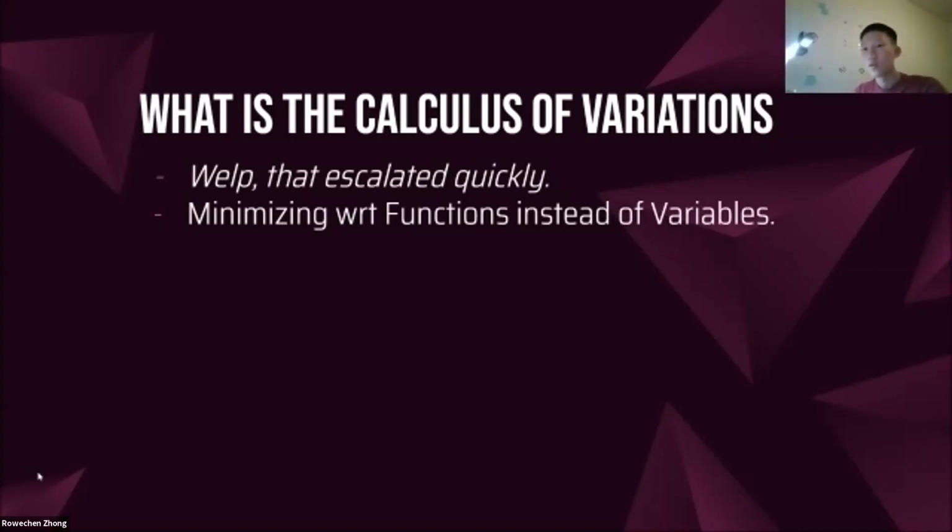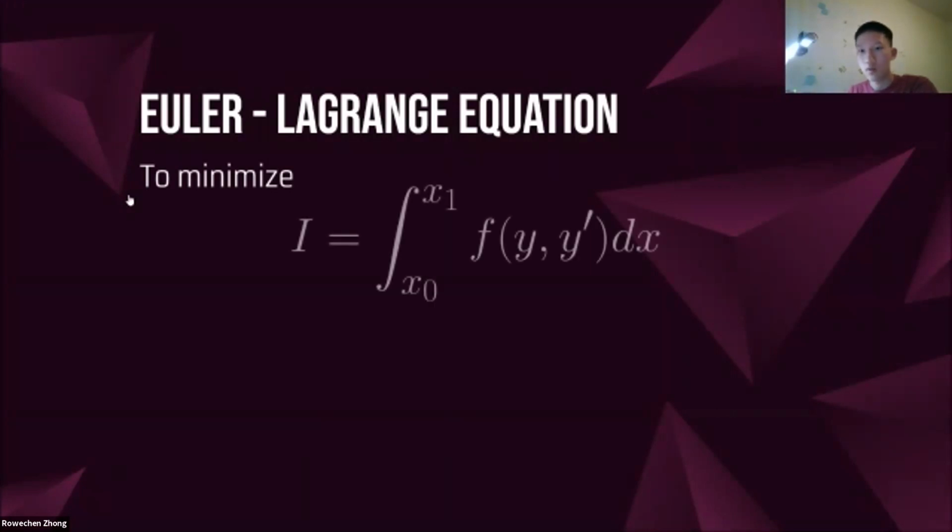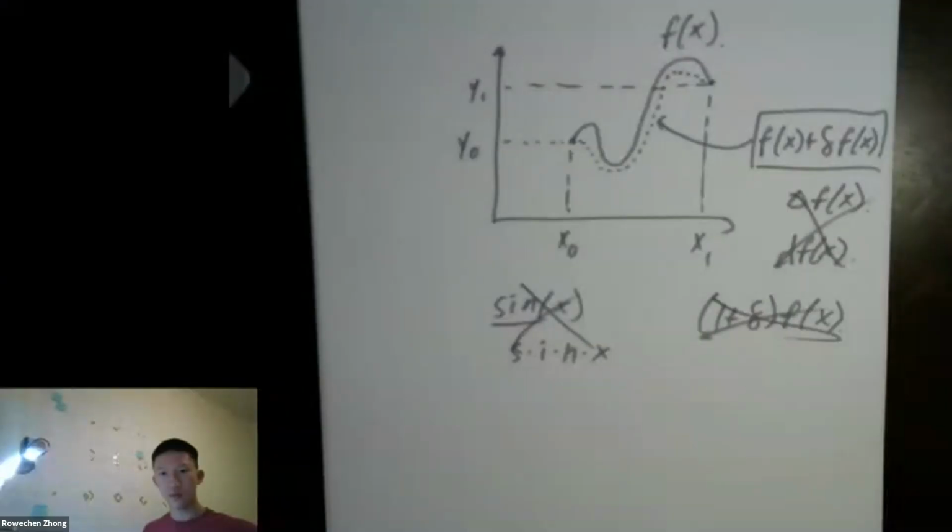Anyhow, yep, calculus of variations, that's that. Euler-Lagrange equation. This is picking up exponentially, okay? So if we're trying to minimize something along the lines of this, ooh, scary, what does this mean? What this means is we're trying to minimize,